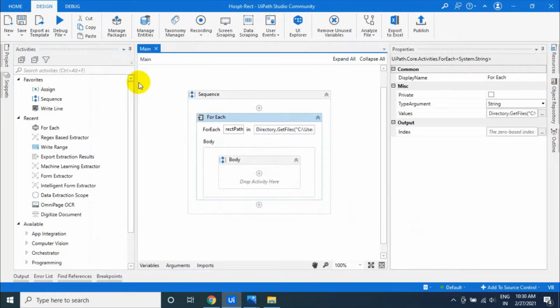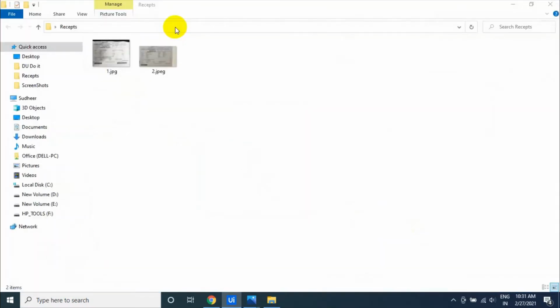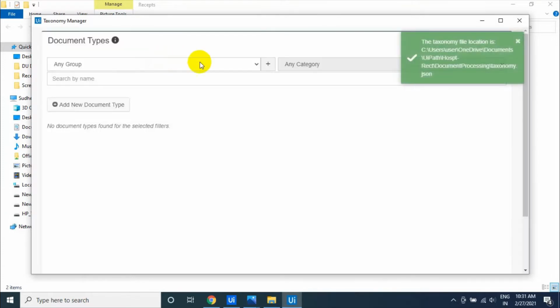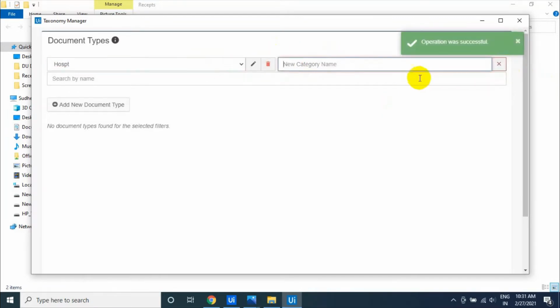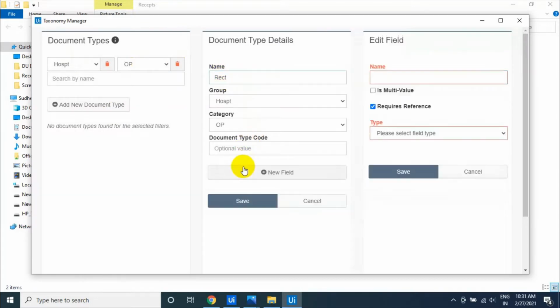Okay, let us see the taxonomy first. First of all, load taxonomies. Before that, you have to create a taxonomy manager. What is the taxonomy? Hospital, and under it OP, which is like an invoice or receipt. Under hospital there is OP, which has receipts, and then you declare the fields. What are the fields?